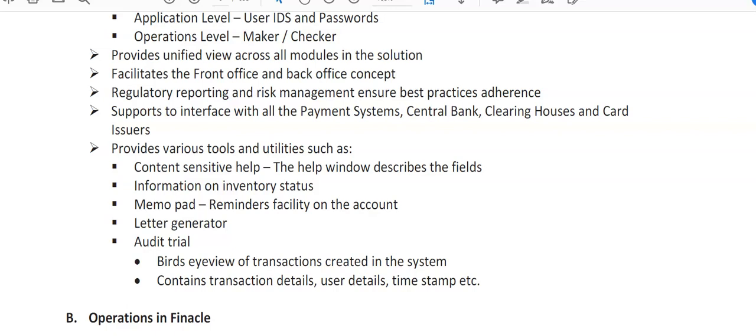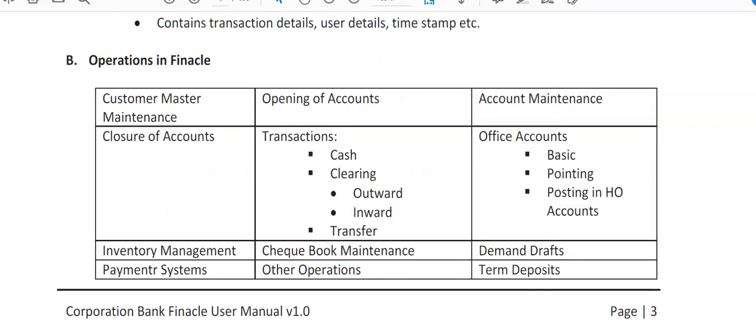Audit trail, a bird's eye view of transactions created in the system. Certain transaction details, user details, and timestamp. Timestamp means when the transaction was made, at what time, at what system it was passed by the maker, and at what time it was confirmed by the checker. So folks,